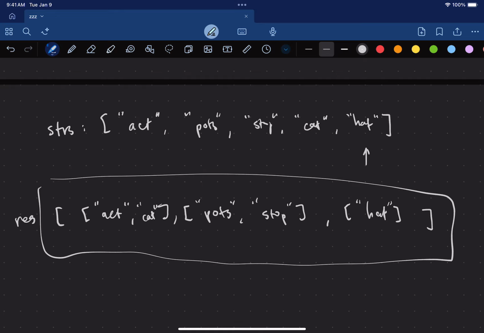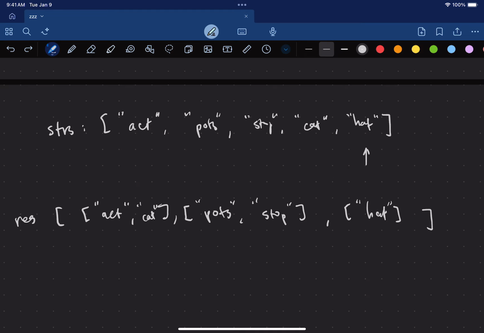Okay, so where is the weakness of this solution? A few things that are kind of difficult here or are not ideal for us. We've got to look through all of the words, or at least all of the groups of anagrams that we've seen so far to verify that the word we're currently looking at either doesn't belong in a list or does belong in a list, right? That's a lot of comparison to do. Ideally, we would like for there to be some better way for us to record which group a string belongs to. There's actually a couple methods for this, but one method that we covered already